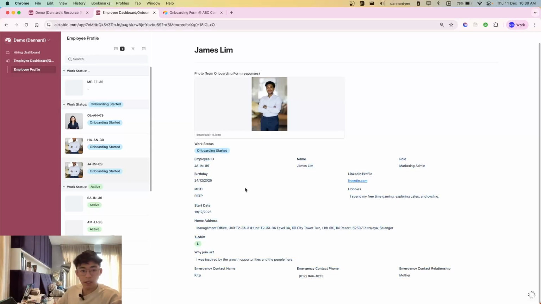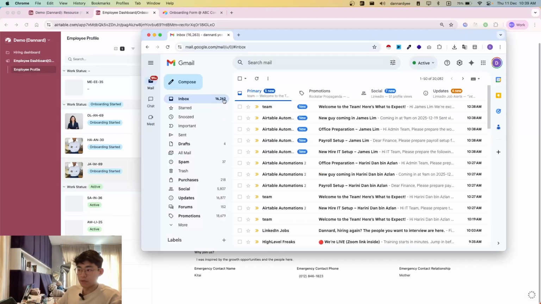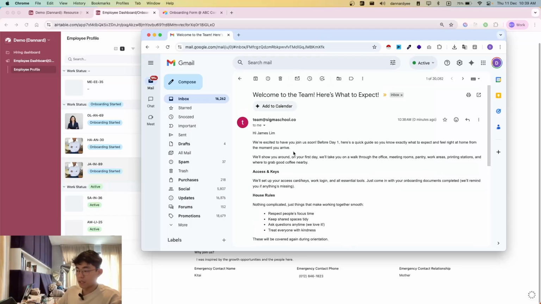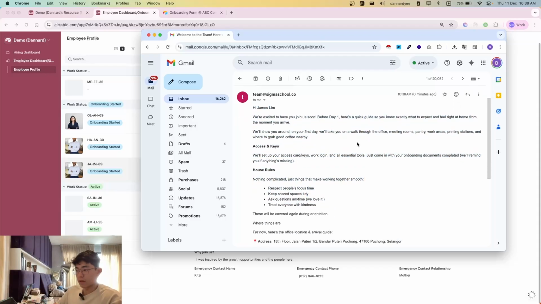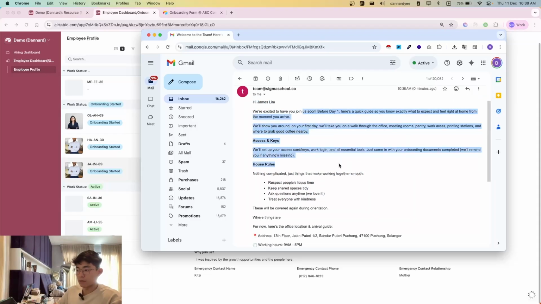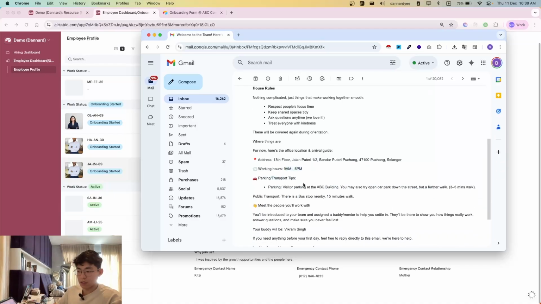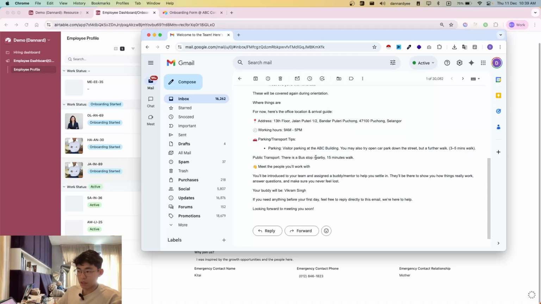So obviously you can clean this up a little bit, like by making some of the fonts bigger, etc. You'll also be receiving an email, right? This is an email that will be automatically sent to James, which is set to send 14 days before his official start date, with what he needs to know on his first day, as well as the address, working hours, and parking tips,